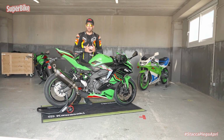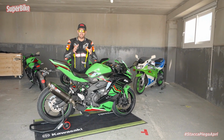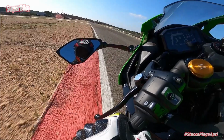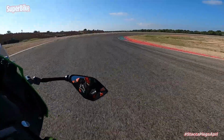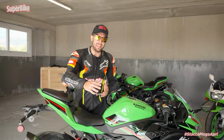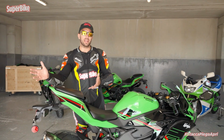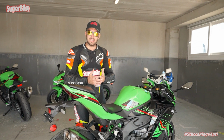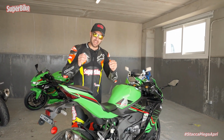For me, who grew up with the 600 Super Sport, and all my friends who rode many 636, it is a return to having a motorcycle for boys that screams so much, and today we made it scream a lot here on the track in Calafat, with the tachometer always stuck over 13,000 revolutions per minute. This is its beauty. It is what I liked so much in terms of originality in driving, but it is a characteristic that you have to keep in mind right away to frame this bike and to understand